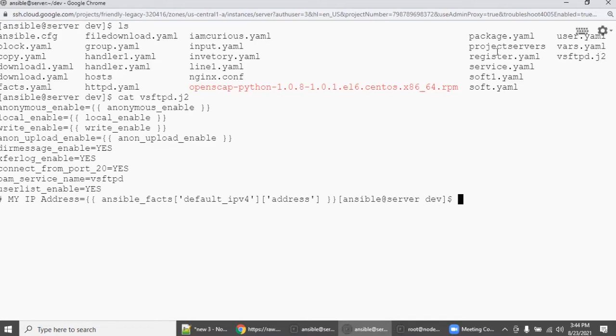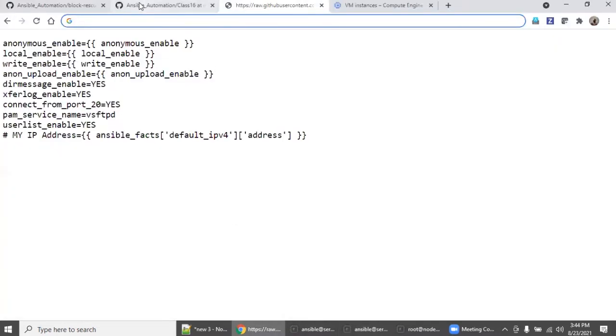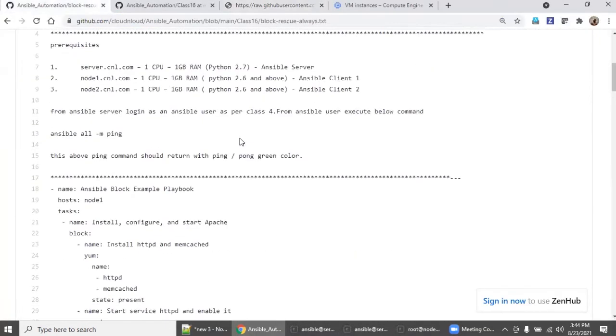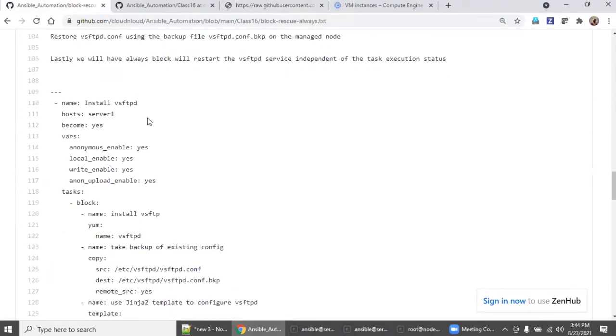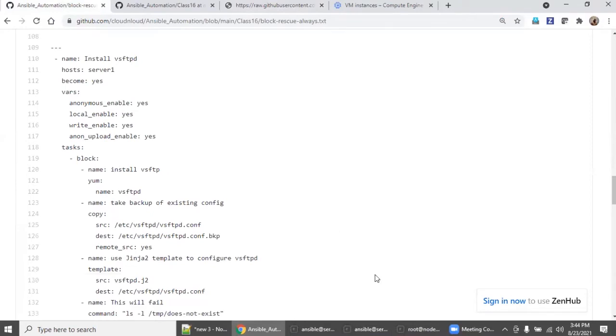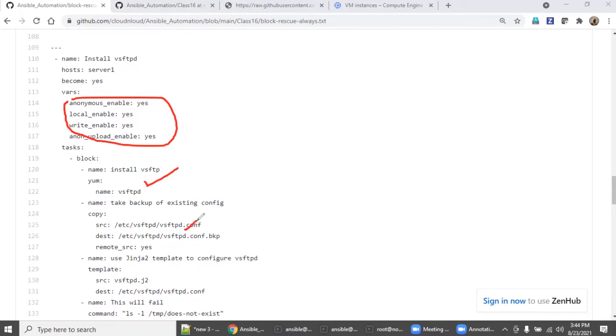vsftpd.jinja2. Yes, everything is fine. Now you go back to the example, right? Come down. As part of this, what we are doing is calling these variables. Come down, there is an install vsftpd task, installing, and we are copying this backup, and also